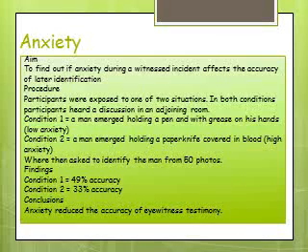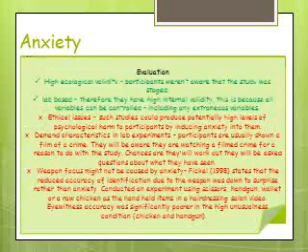They were then asked to identify the man from 50 photos. The findings showed that the accuracy rate for condition 1, the low anxiety, was higher, with 49% correctly identifying the man from the photos, whereas in condition 2 it reduced to 33%. So the high anxiety reduced the accuracy of eyewitness testimony. They concluded that anxiety has a negative effect. It reduced the accuracy of eyewitness testimony.